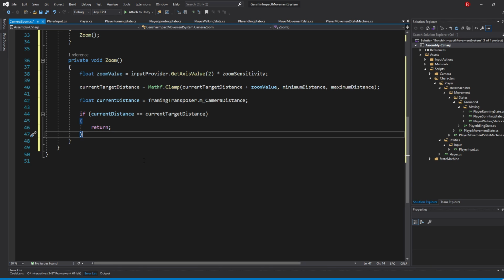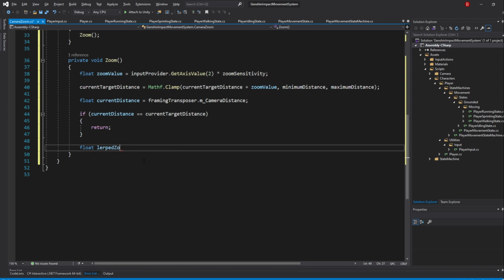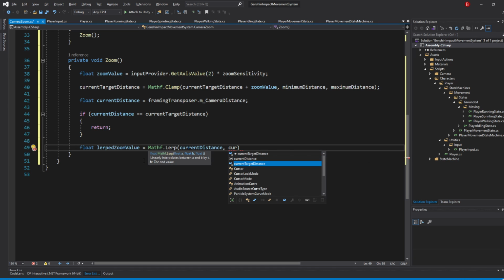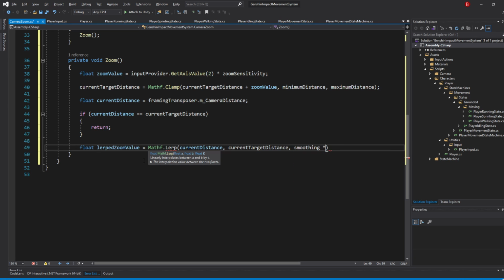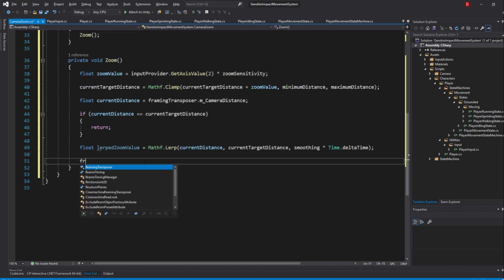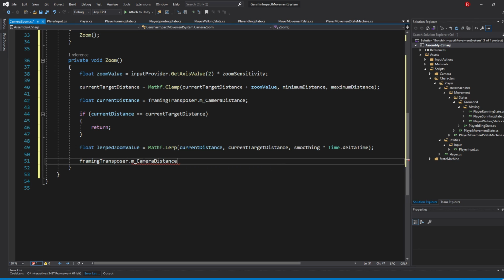To lerp our value, type in float lerpedZoomValue equals Mathf.Lerp currentDistance, currentTargetDistance, smoothing multiplied by Time.deltaTime. We pass in smoothing multiplied by Time.deltaTime here because we don't really want it to be an amount of seconds for the whole lerp, but just keep it as consistent as possible at every change and get there whenever it gets there. Then finish it up by setting the framingTransposer.m_CameraDistance to be equal to the lerpedZoomValue.